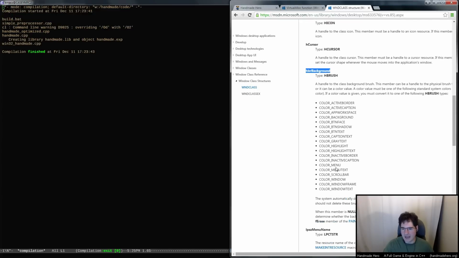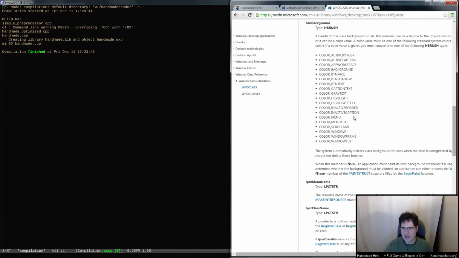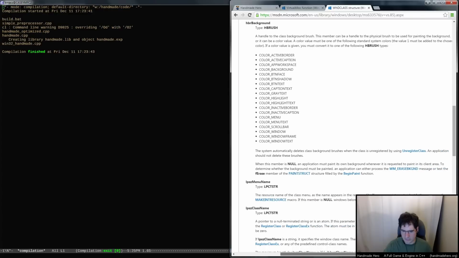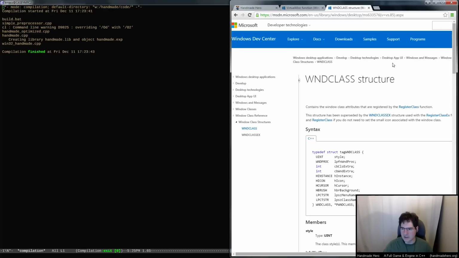So hbrBackground, right, is one example, and this is a handle to the class background brush. So we could, for example, make a brush that was just all black, right? And set that and see if that helped at all. So let's see if that helps at all. If we do hbrBackground, let's see. If we do hbrBackground, we would need